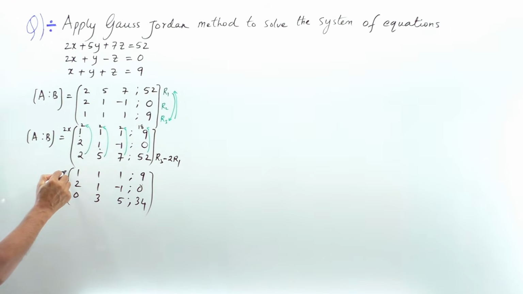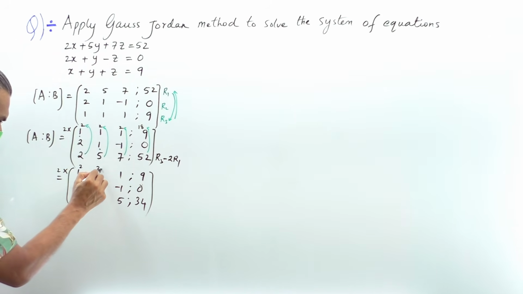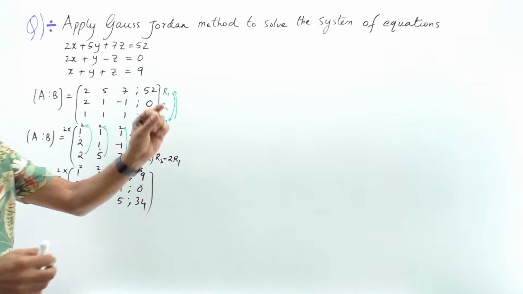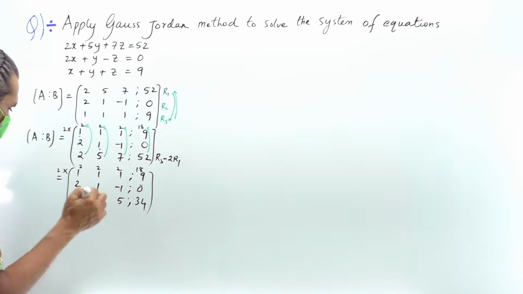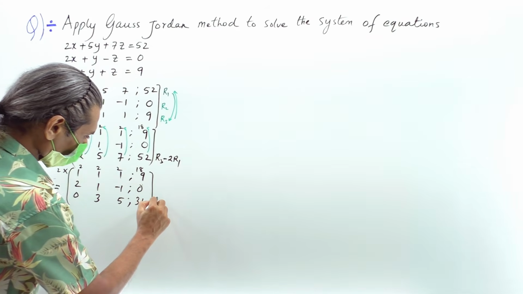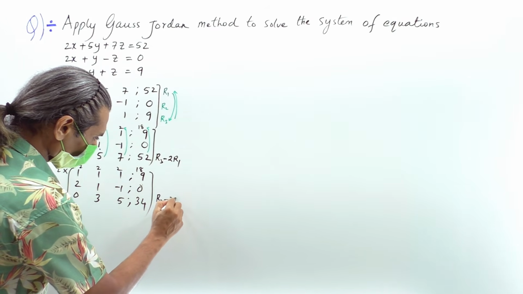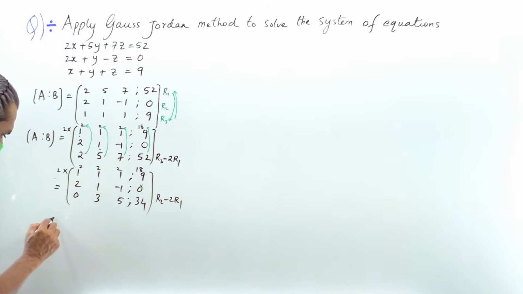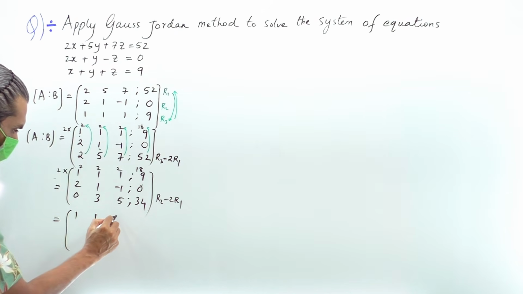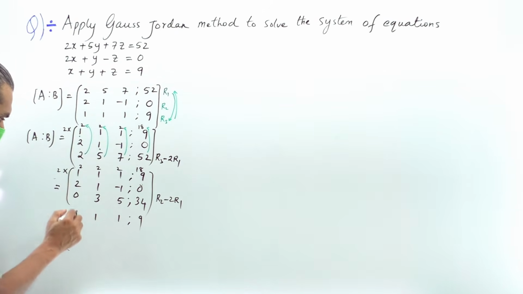Again very simple. Multiply by 2. Okay, 1 2s are 2, 1 2s are 2, 2 and 18. If you want I can do it here only, no issue, but I want to go step by step in a proper way. Okay, fine. So what's the operation? R2 minus 2 R1. So the new matrix will be now